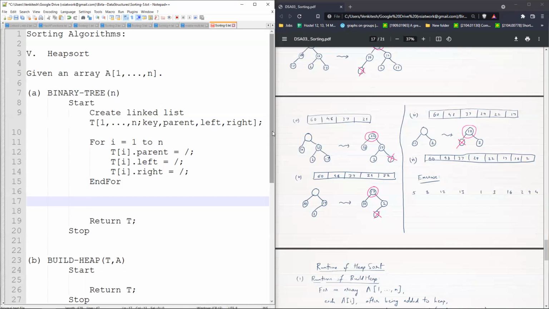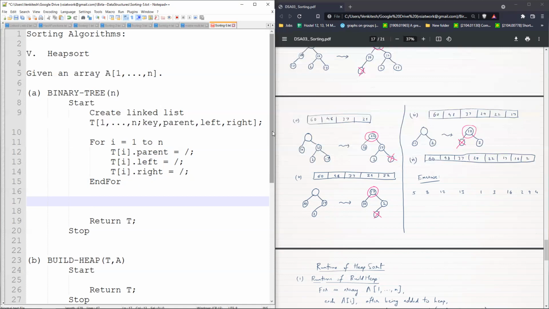Now here's the thing. It's a binary tree. Therefore, for a vertex with index i, it's very easy to see: its left child will always be 2i and its right child will always be 2i plus 1. For instance, the root of this binary tree has index 1.